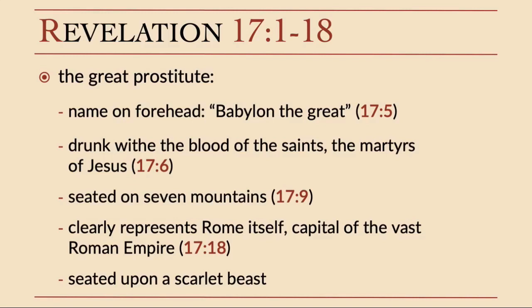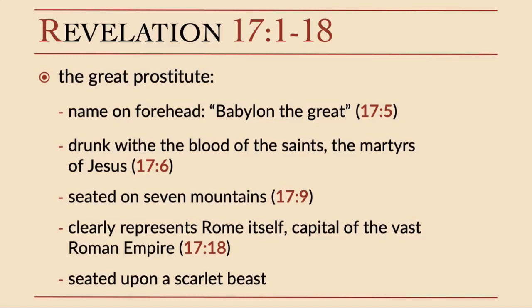So what we have here is this picture of a drunken prostitute dressed in wealthy clothing, dressed with gold and pearls, and she is drunk with the blood of the saints. And so maybe you can picture her kind of staggering and swaying, perhaps. The text doesn't say that. I'm just filling that in to get into your mind's eye. It does say she's drunk. We know what a drunk person looks like. And she is seated on this scarlet beast. So this pair, if you will, is another one of these incredible characters that we see in the book of Revelation.